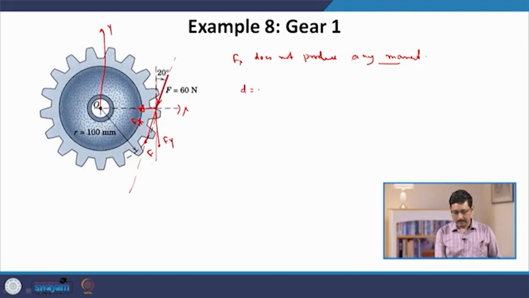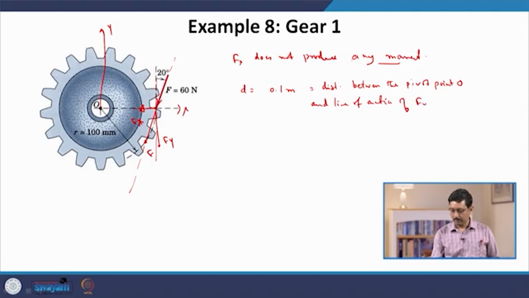So, that distance is just 0.1 meter, which is the distance between the pivot point O and the line of action of Fy. Then our torque will be simply this d times Fy. This is the magnitude,